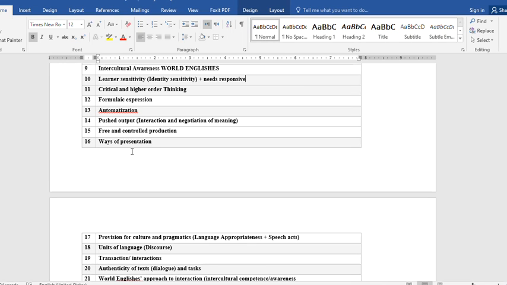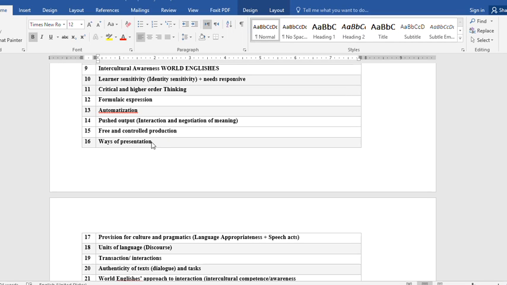Negotiation of meaning means that when we say something, the other interlocutor, the teacher, or the expert other helps us and interacts with us to modify our language and create the most grammatical and appropriate language. That's why pushed output is essential if you want to become native-like or proficient language users. Okay.